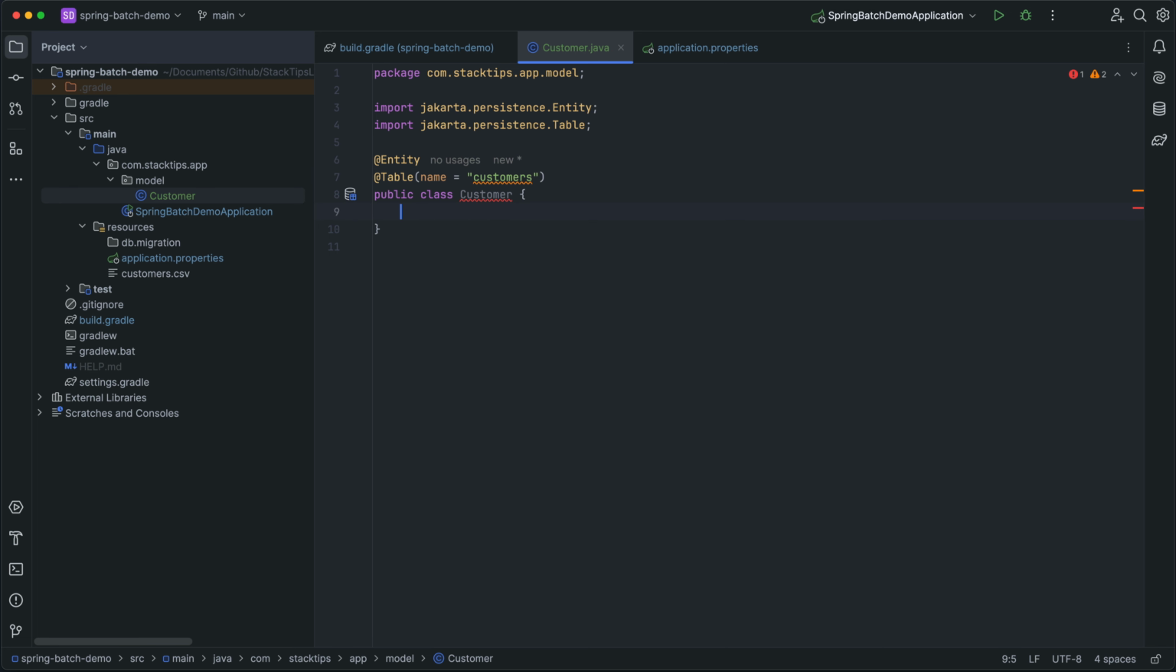Okay, so we want to store all the customer data and the table name is going to be customers. Let's mark this with the data annotation. The data annotation is from Lombok, which will give us the getters and setters and toStrings and everything required for our customer object to work. Now within my customer entity, let us define all the fields that we want to store